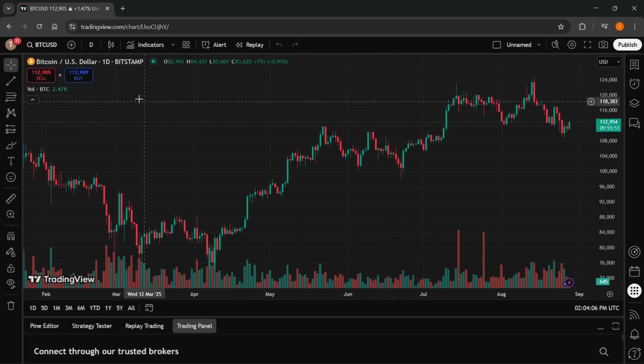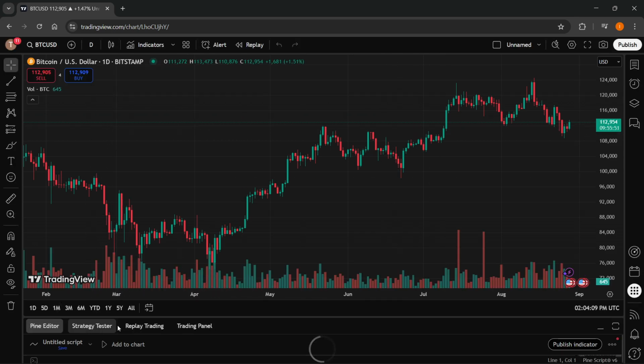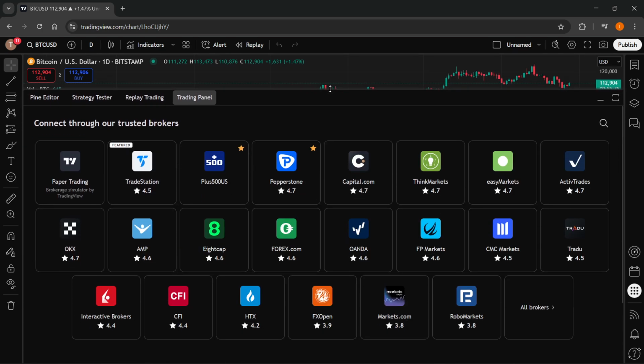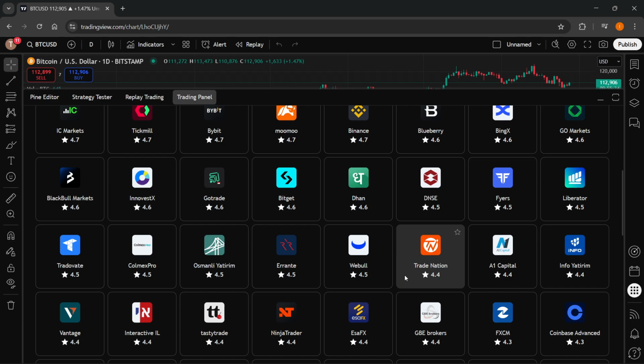So what you're going to have to do is down here at the bottom, you can see a few things. You want to click on the fourth one, which says trading panel over here. You want to make this a bit bigger like that. And then over here inside all the different brokers that are trusted by TradingView, you should be able to see 8-cap up here. If you don't see it, click on all brokers and just find it on the list over